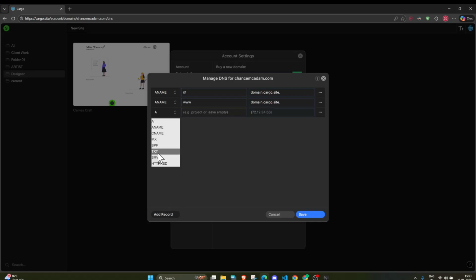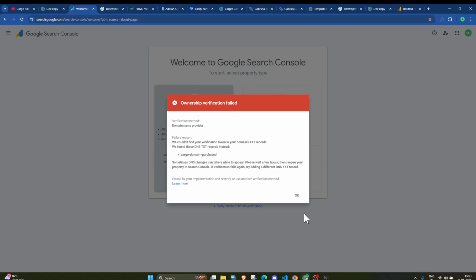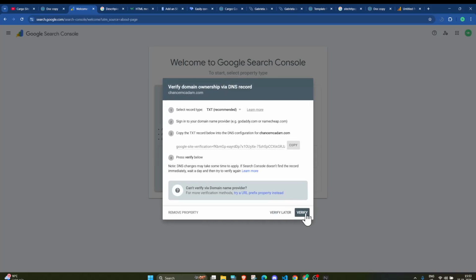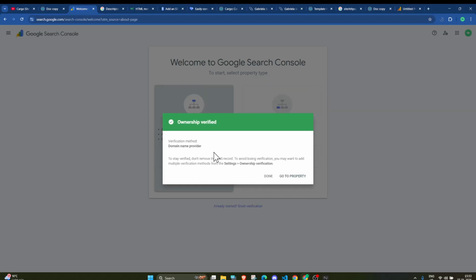So this was the domain in which I had to add this. Now I will verify this. Okay, now you can see that the ownership has been verified.